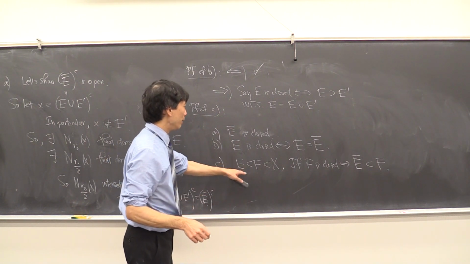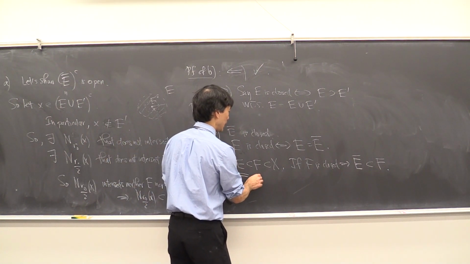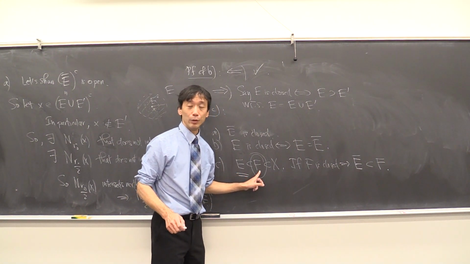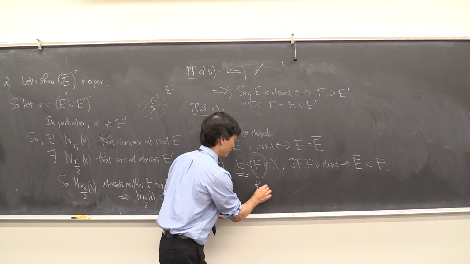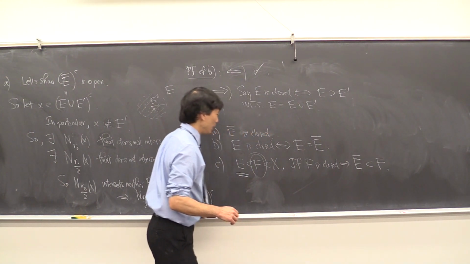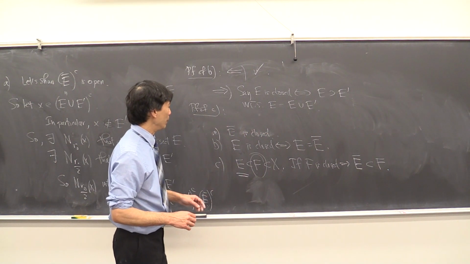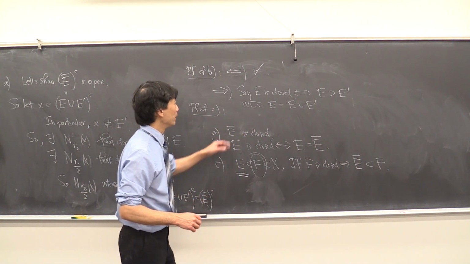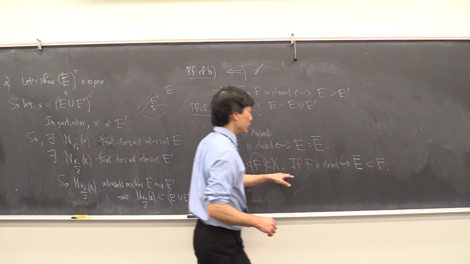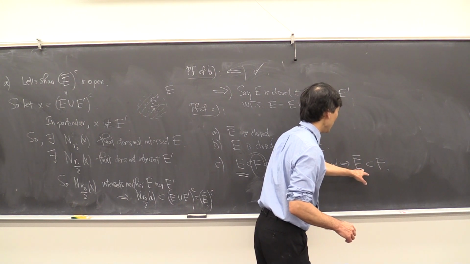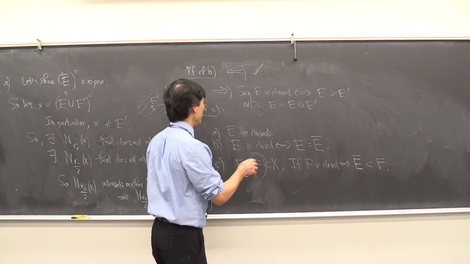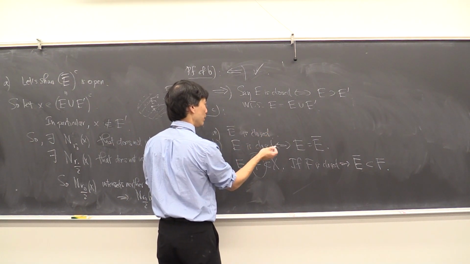Suppose you have a set E and it's contained inside of a closed set. Incidentally, people use F for closed because of the French word fermé, which means closed. So suppose E is contained inside some sort of closed set. Show that the closure of E is already contained inside of F. Let me just do this one for the sake of time. You say, well,